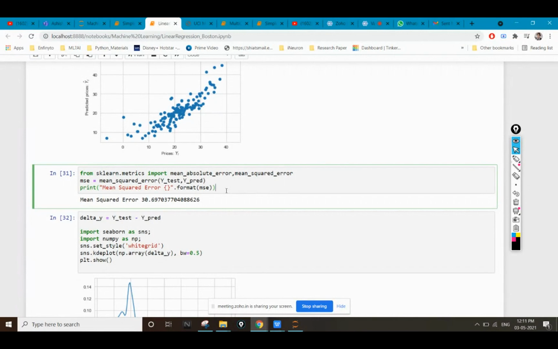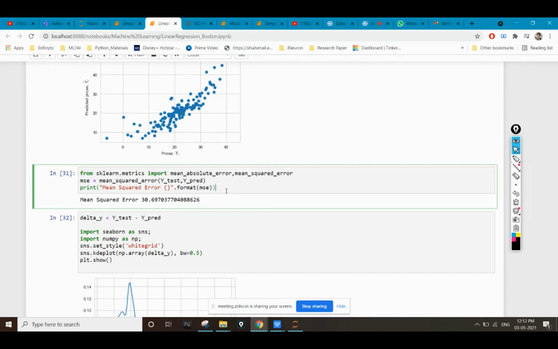But the main thing which I'm not able to know is how much data is completely fitted on this y predicted value. Okay, the prediction I'm making, how accurate is my prediction? I'm not getting any accuracy percentage. Are you able to understand that I'm not able to get any accuracy percentage? I'm getting the error, but I'm not able to get any accuracy percentage.